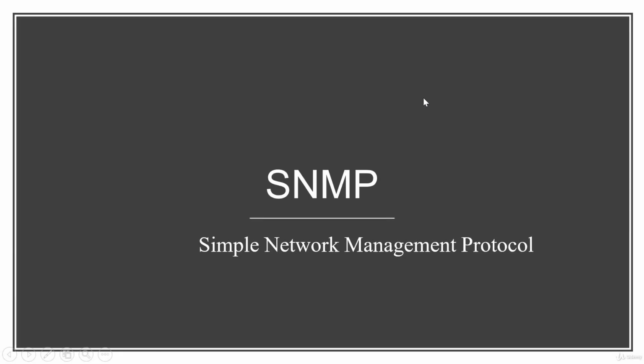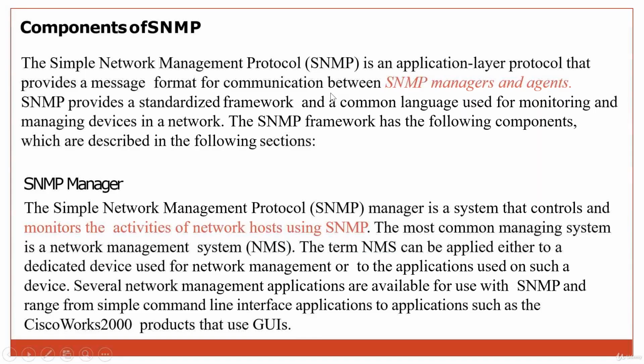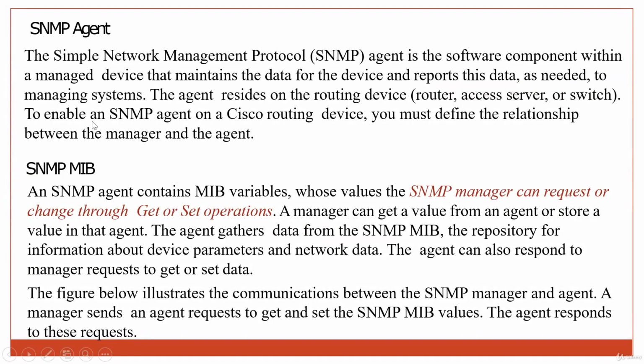We have the management protocol for the network, that's the Simple Network Management Protocol, SNMP. Let's first of all understand the terminologies used in SNMP. Basically, we have three major components. We have the SNMP manager. You can think of this as a collector that is getting the information from the SNMP agents. So you have agents, that's the network devices, and you have the manager where all that information is collected with the help of the MIB. So the third very important component is the SNMP Management Information Base.